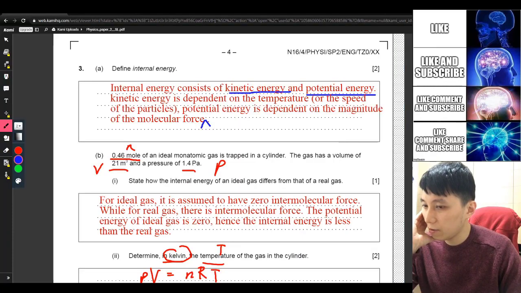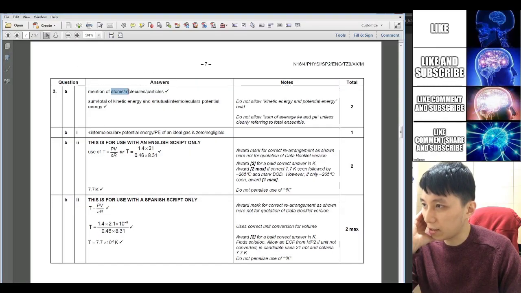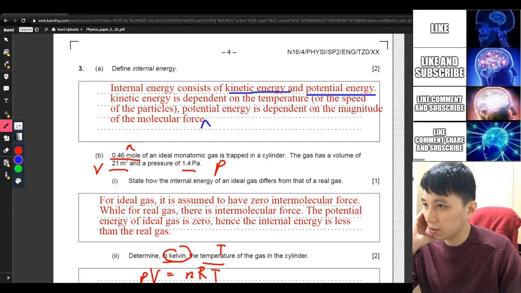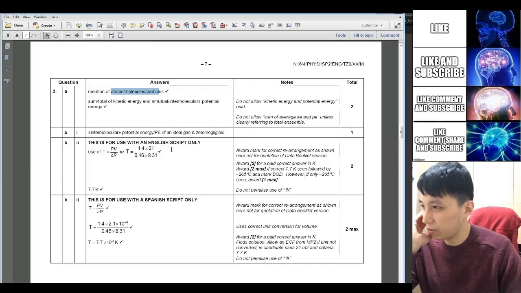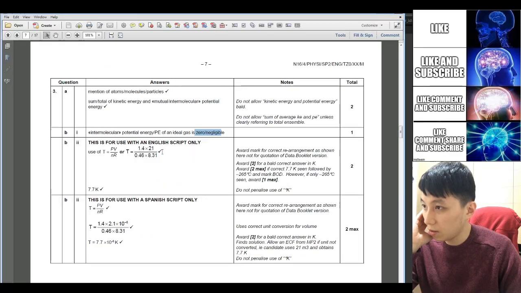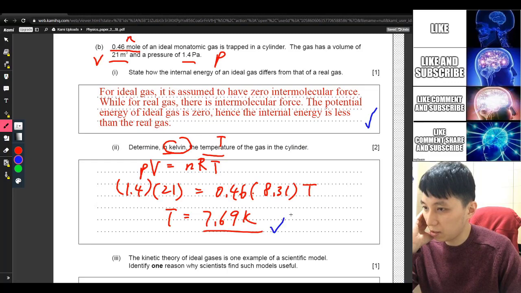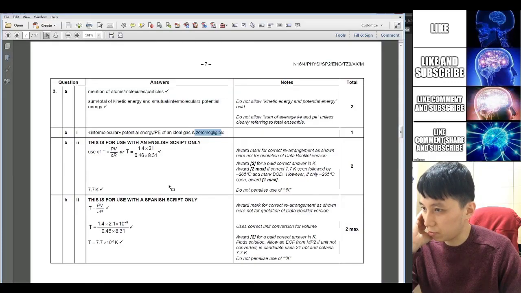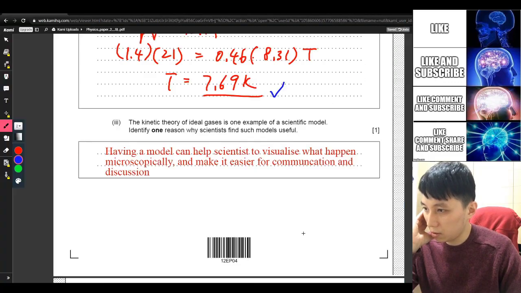Yeah, I think mainly I missed out the first one, atom, molecules, and particles. Yeah, which I thought it was obvious. B is 0. Yeah, basically like what I mentioned. And then this one is 7.7K. Yeah, that's right. Although the number is a bit too small. And then